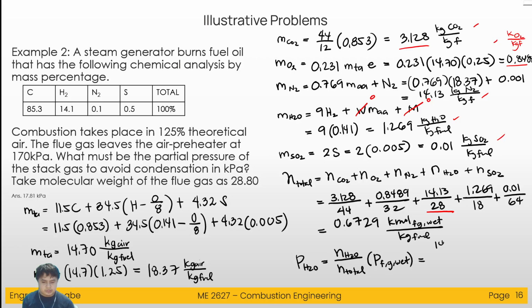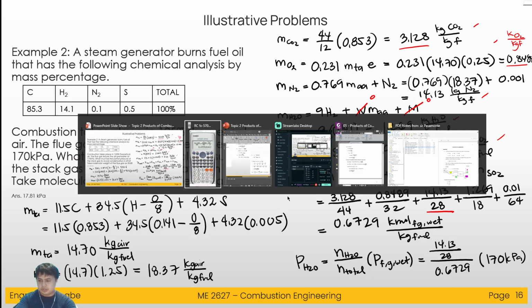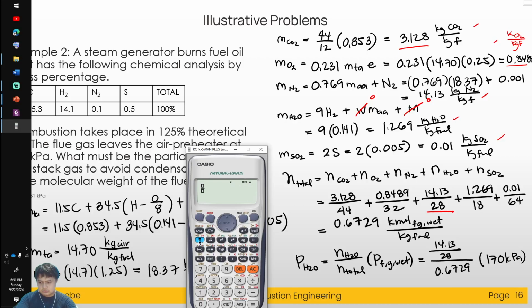So you have 14.13 over 28 divided by the total, 0.6729, and then multiplied by the total pressure, no? So we can analyze the units here. This will be kilomole per kilogram, kilomole per kilogram. Everything will cancel out. No? So the answer should be